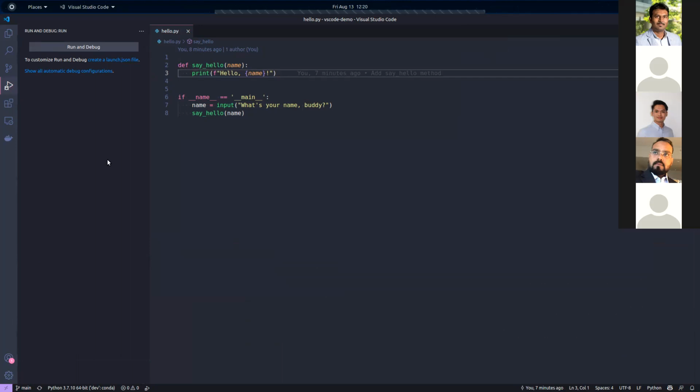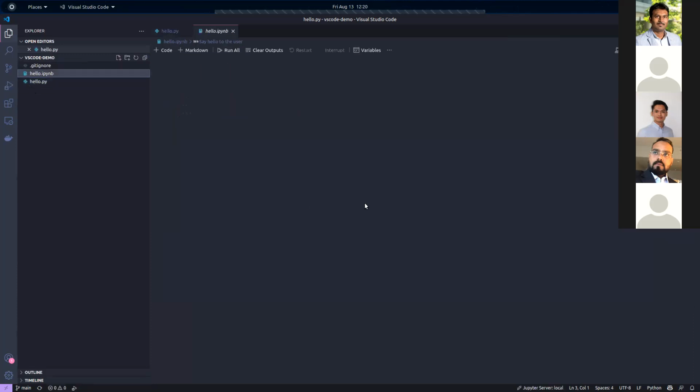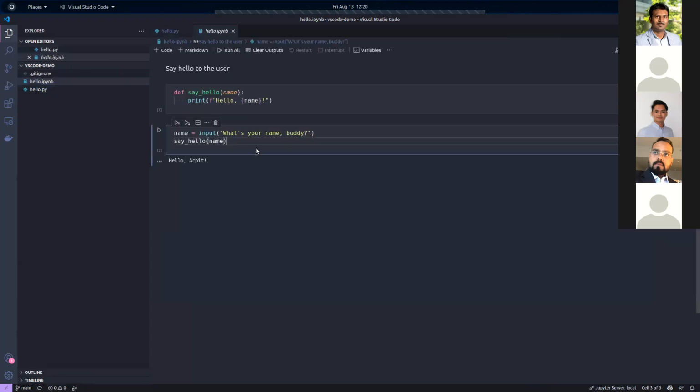And additionally, there's one more thing that I want to talk about. I'll jump back to IPython notebooks. A very nice feature that I like in the Jupyter notebooks inside VS Code is the variable explorer.